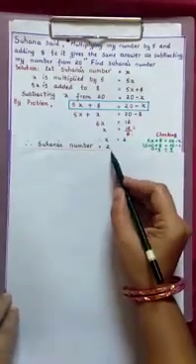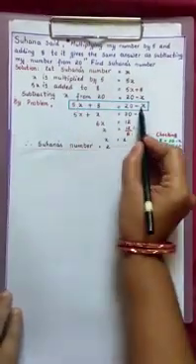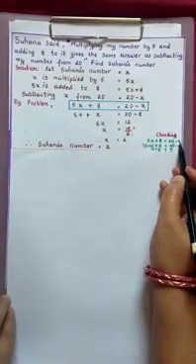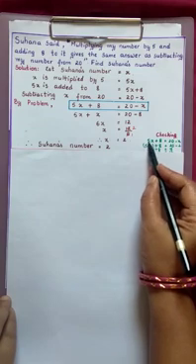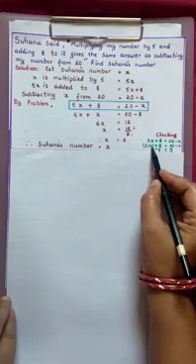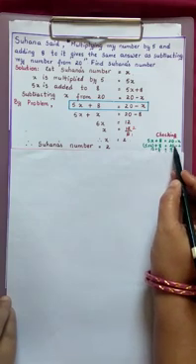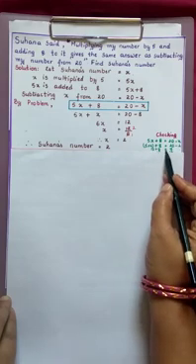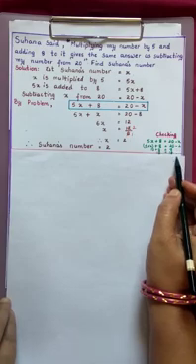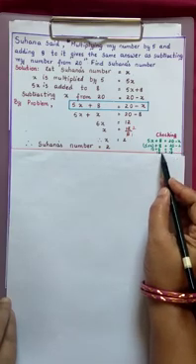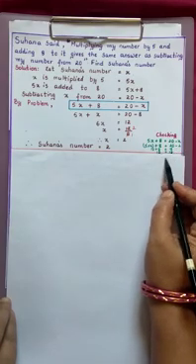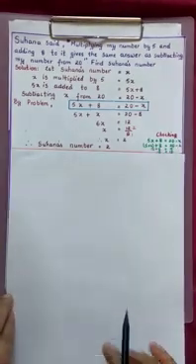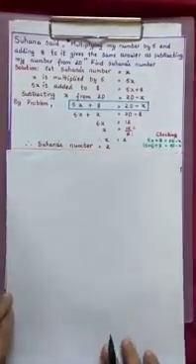Now let us check the answer here by substituting in the equation. 5x plus 8 is equal to 20 minus x. 5x means 5 into x. So 5 into 2 plus 8 is equal to 20 minus 2. 5 twos are 10 plus 8 is equal to 20 minus 2, 18. 10 plus 8, 18. 18 is equal to 18. So here LHS and RHS are equal, which satisfies the number here.